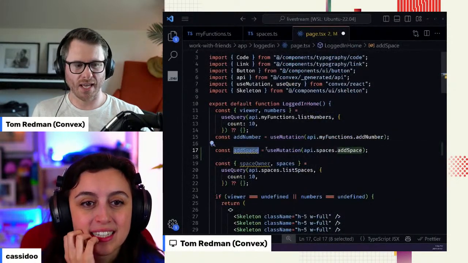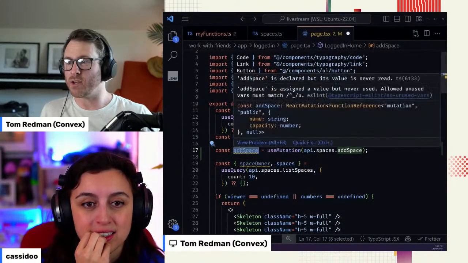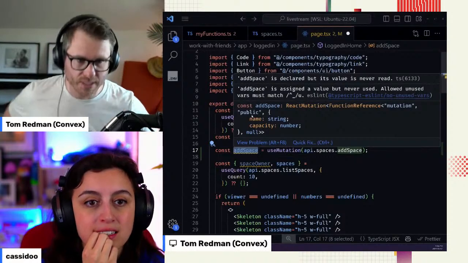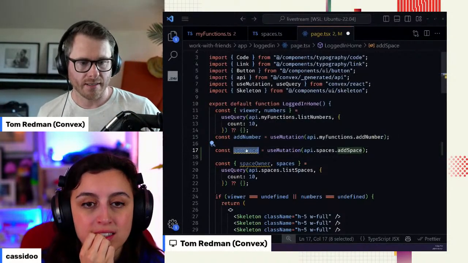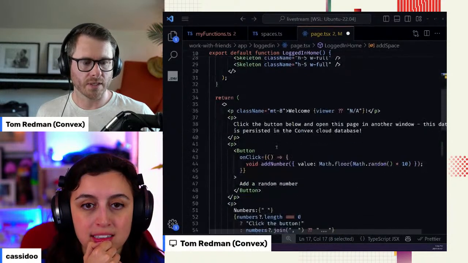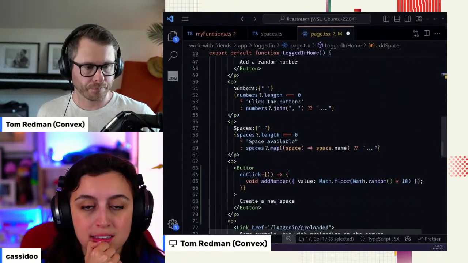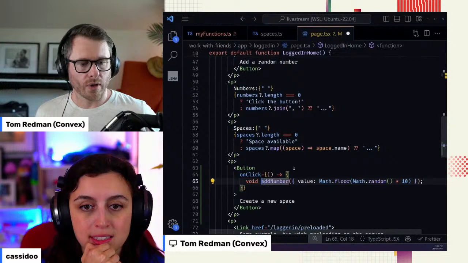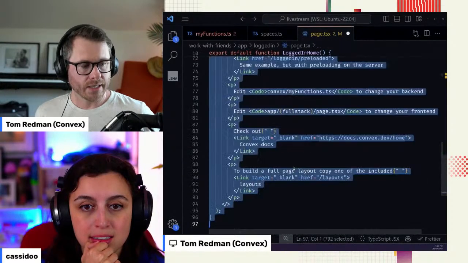Now we have this function and we have defined it, and you get all the IntelliSense and autocomplete because it's all typed, which is great because then we'll know what we have to put in here. And so if we want to do something like add space, we're going to go, when somebody clicks,